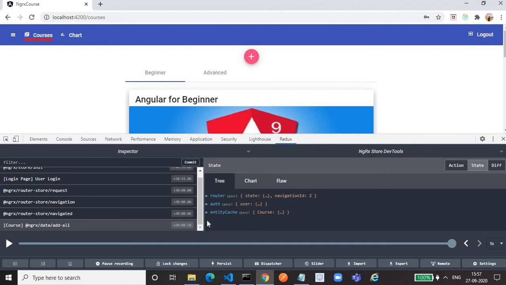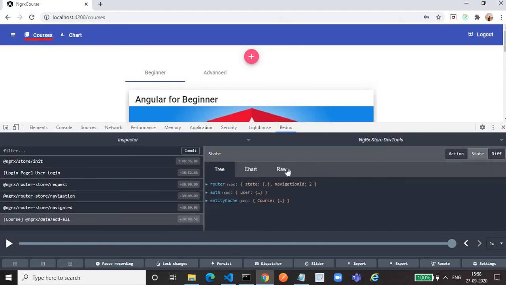And if you see, this is my store in which we have router state and auth state. We will concentrate on the course state. As we are using the data approach for storing the data, it will create a slice called entity cache. In the entity cache you will find our course, stored as IDs and entities.